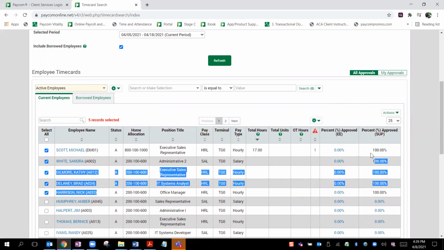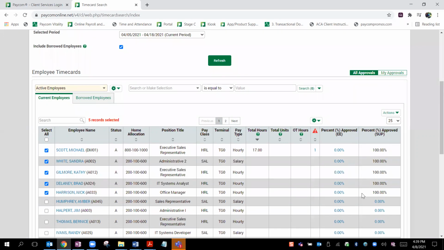Here you'll see that your supervisor approval updates once you have approved those time cards. If, again, you accidentally approved a bunch of time cards, you can select those employees, come back up to action, and revoke your approval. And those time cards will be unapproved, and employees can continue clocking in and out and putting in their requests